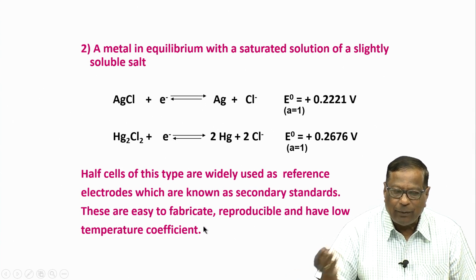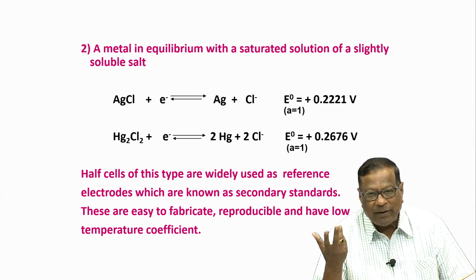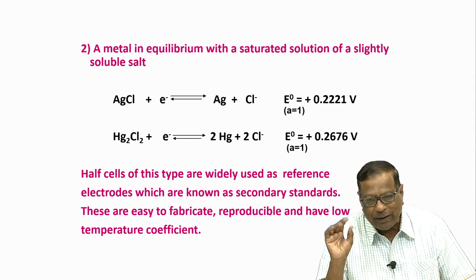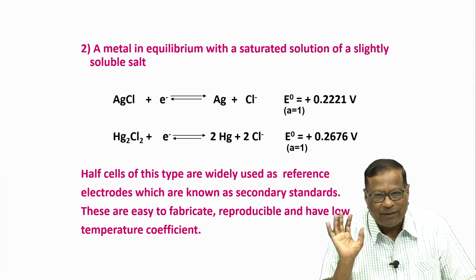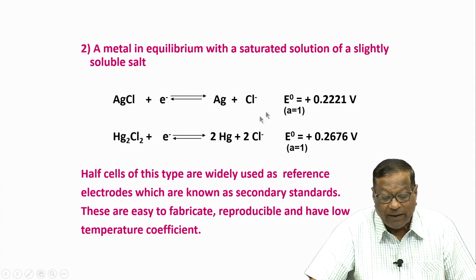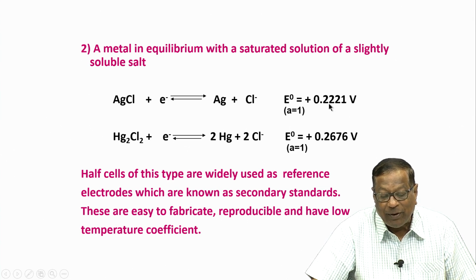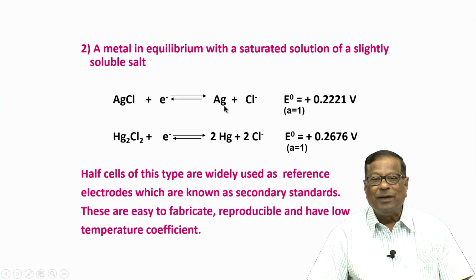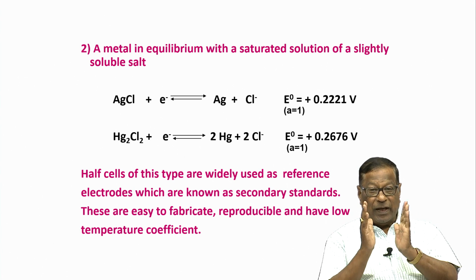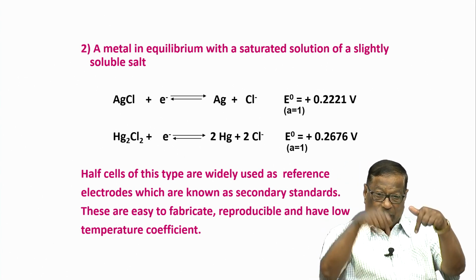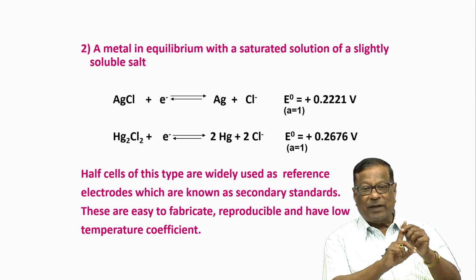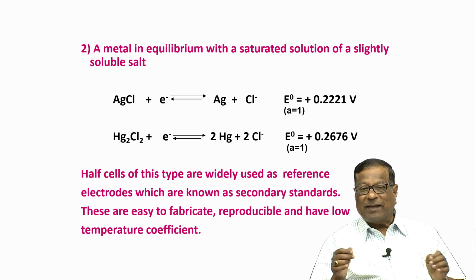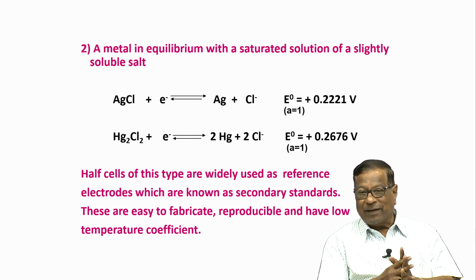Now, imagine how do I prepare a secondary electrode of this type? Take a solution, put a little bit of silver chloride and put one silver electrode, that is it. But it gives me an exact voltage with respect to hydrogen, that is 0.2221. But standard hydrogen electrode we make by first taking a solution and then putting a platinum electrode, passing the hydrogen gas, that should be at 1 atmosphere, and then it should have a certain amount of acid etc. to keep the reaction going.